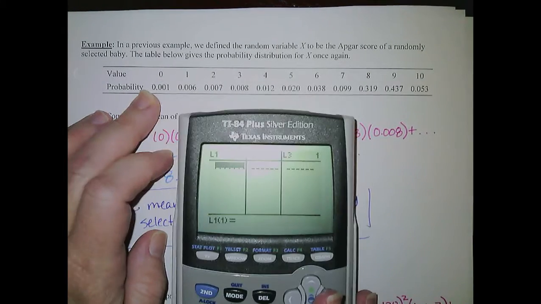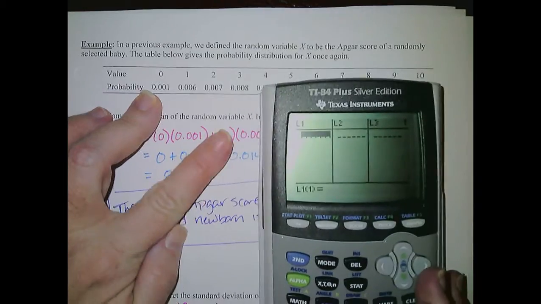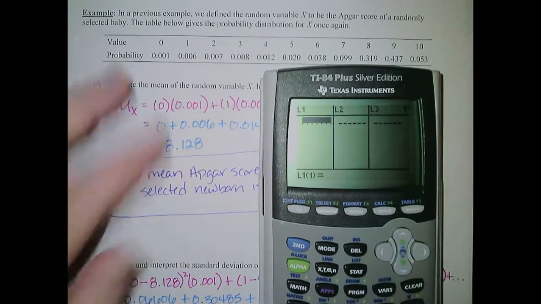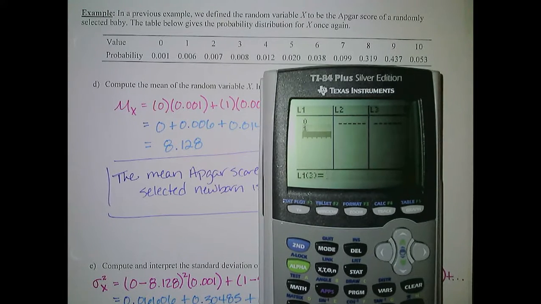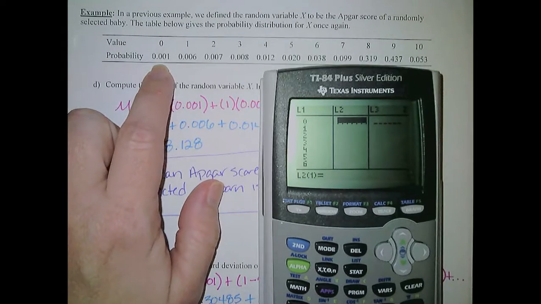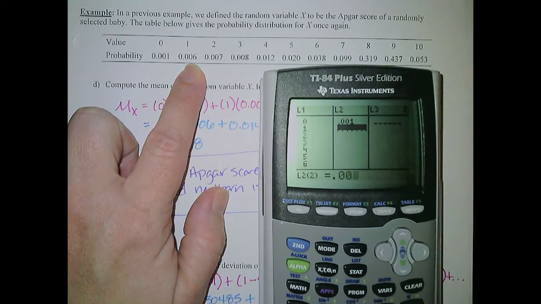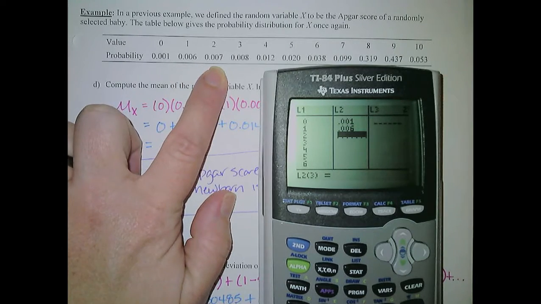So my values, let's see if I can position this so that there's not a glare, but it's still visible. My values are 0, 1, 2, 3, 4, 5, 6, 7, 8, 9, and 10. In list 2, I'm going to put the probability of each of those outcomes. So the probability of 0 is 0.001. Probability of 1 is 0.006. Probability of 2, 0.007. Then we have 0.008,